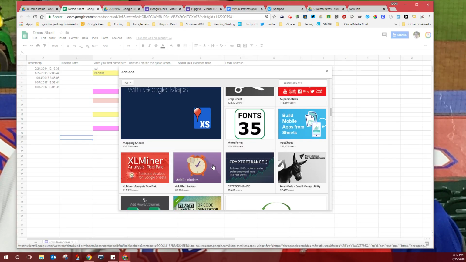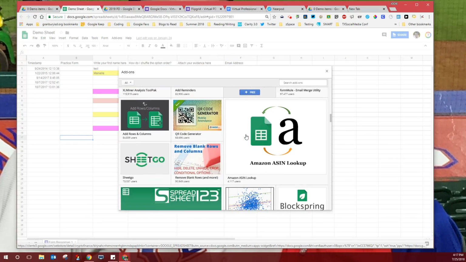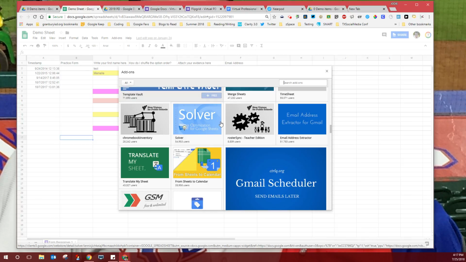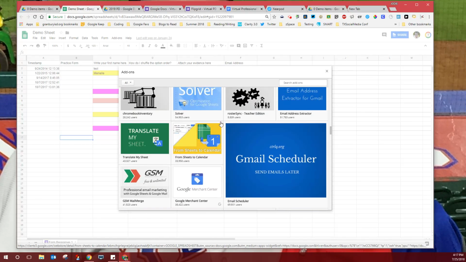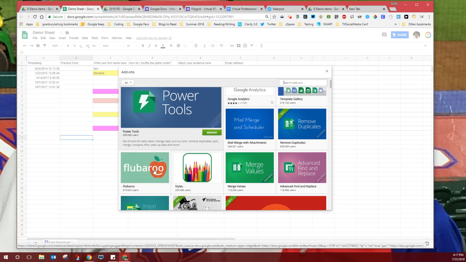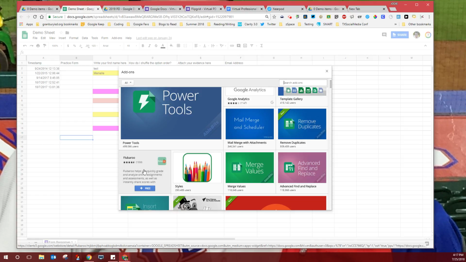There are auto grading apps that we'll look at. There are some that enhance the functionality of your spreadsheet. There are power tools. One of the most popular, we'll go back up to this one, is Flubaroo, because Flubaroo takes your Google Sheet and lets you grade responses. For example, if you've given a quiz, if you give your quiz with Google Forms and you choose a spreadsheet as the destination for those answers,